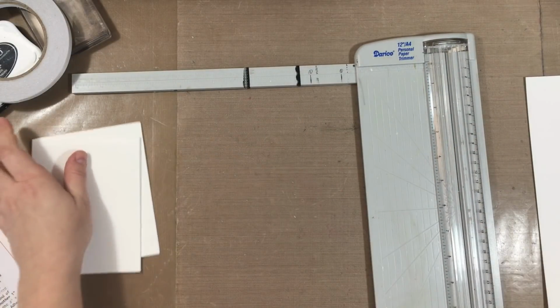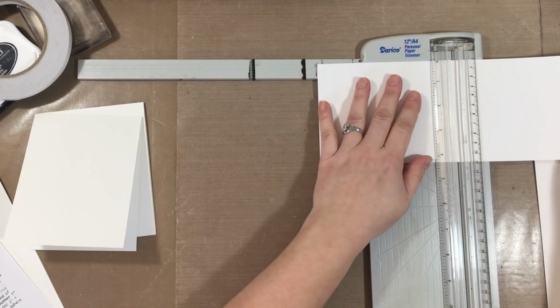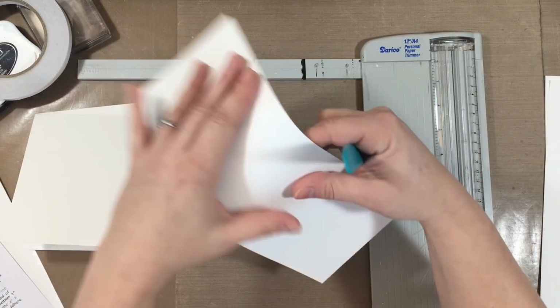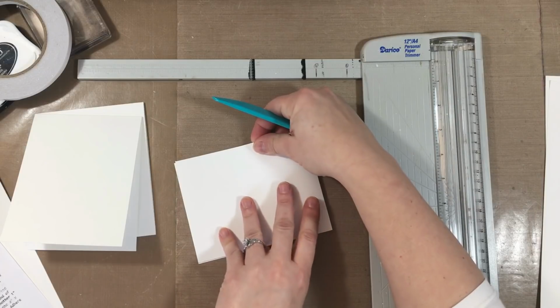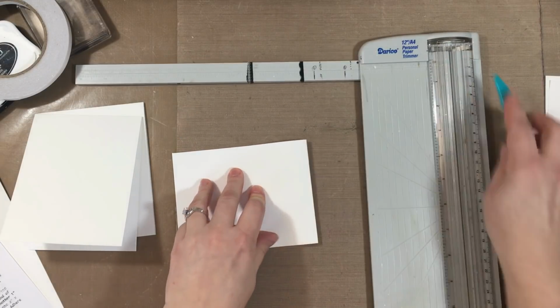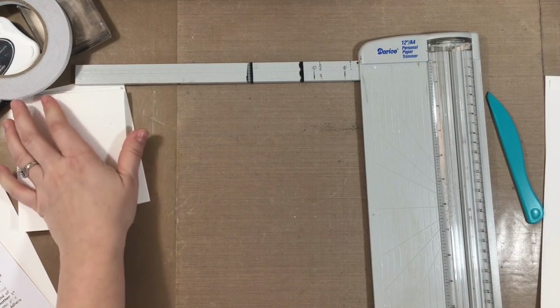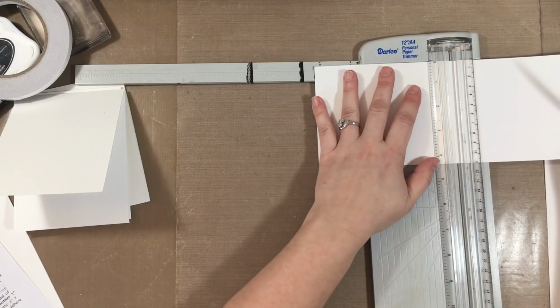And like I said, I wanted to keep this in real time. A lot of times I speed up my videos just for the sake of the time of the video. But I thought, well, this is a mini craft outfitting pattern, first of all. And second of all, sometimes it's just fun to